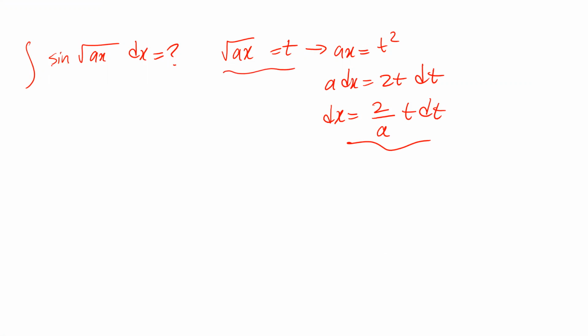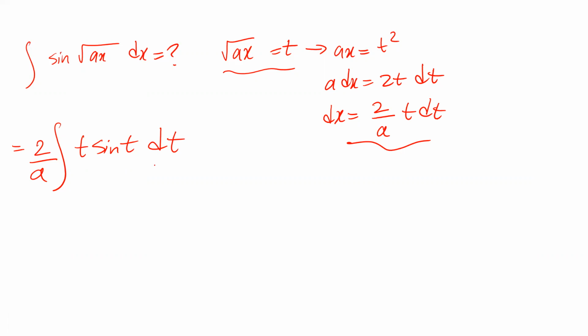this one into this original integral, you can rewrite this integral as integral of sine. Instead of square root of ax, I write t, that will be sine t. And instead of dx, I write 2 divided by a, which is a constant. I take it out of the integral, t dt. And this integral now, you can solve it